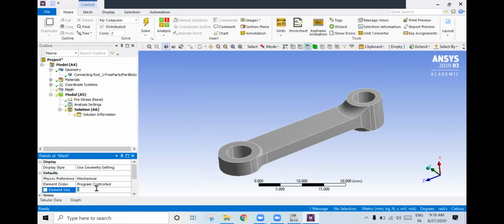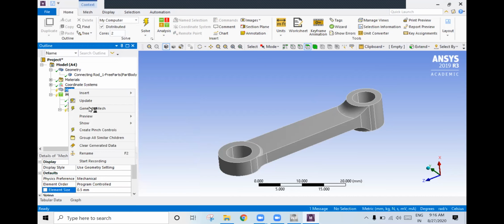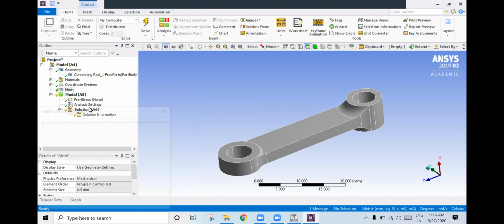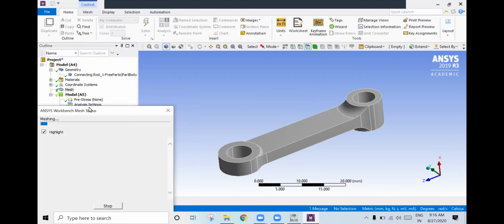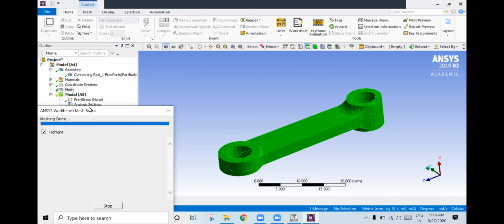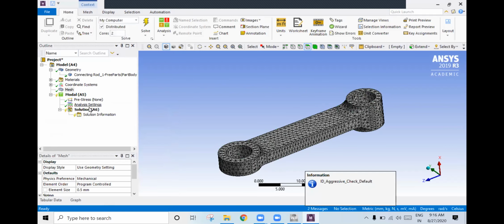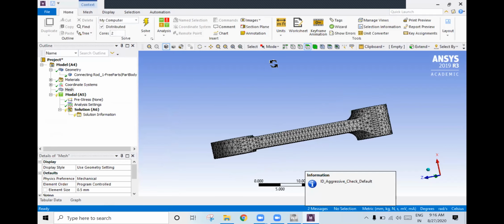How much did we give? 0.5, I will give. Right click, generate mesh. So we have done with this.